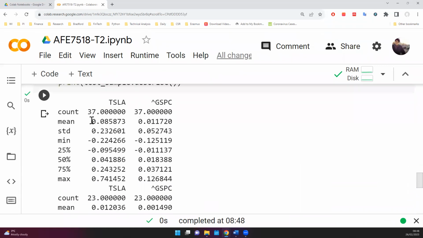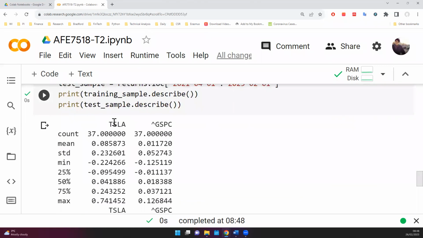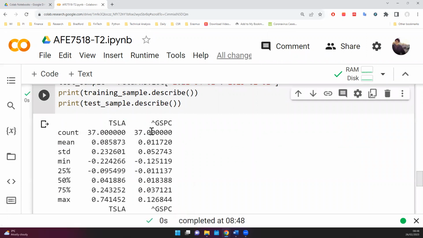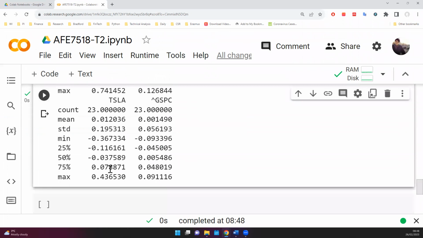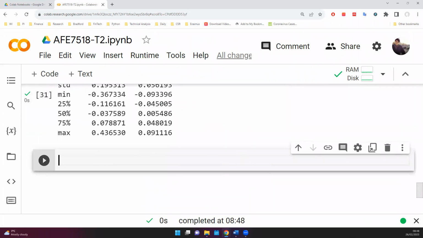So you have got descriptive analysis of the return of Tesla and GSPC in these 2 subsamples. All right. So now the question asks to develop model using